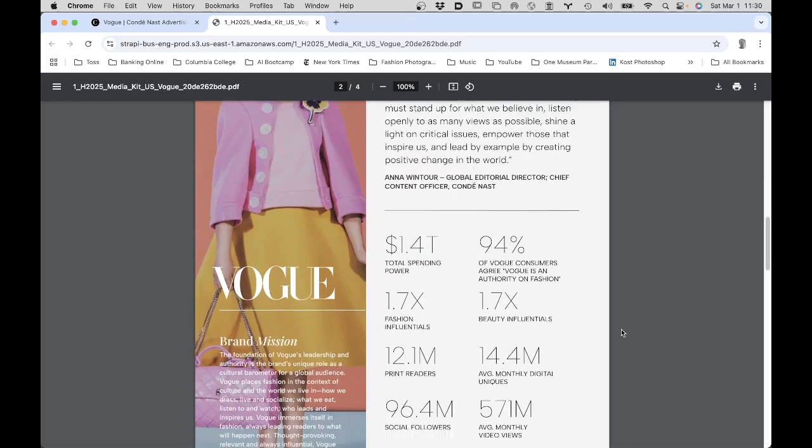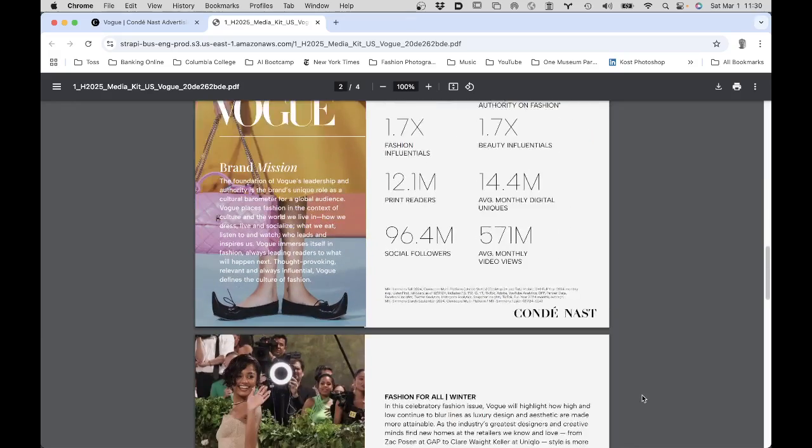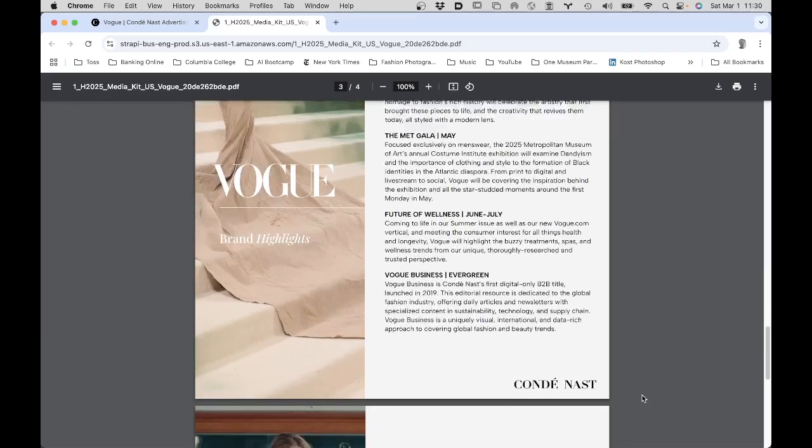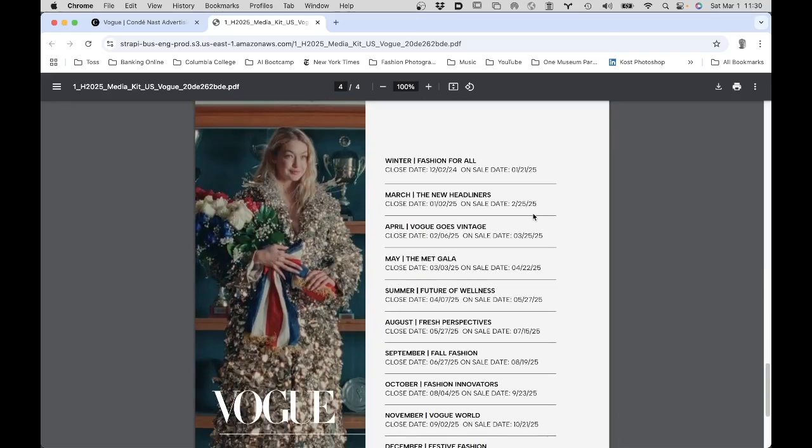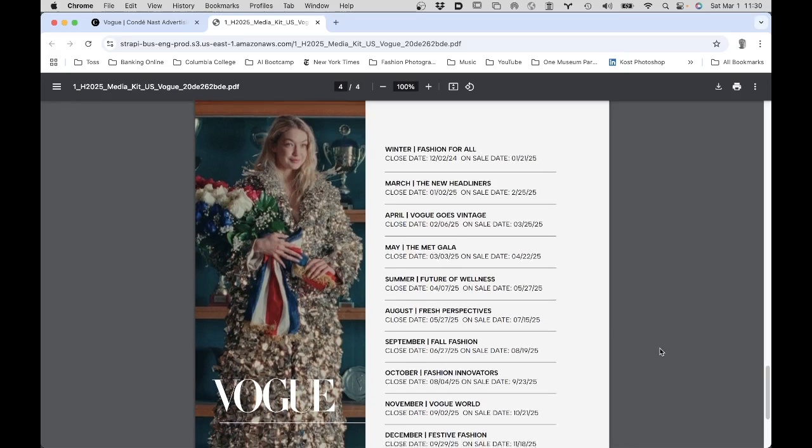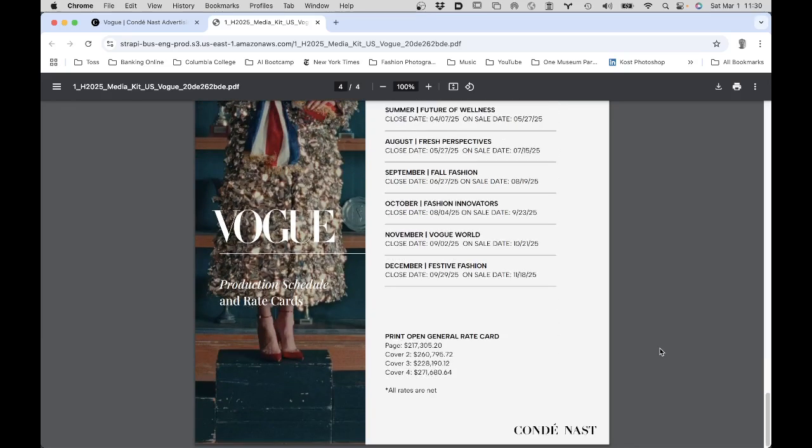They still talk about this again, giving you their stats about, we're this, that, and the other, blah, blah, blah. This is their closing dates for fall issue. Again, these would be the closing dates for all of this. When April closes, when May, all of the closing dates. This is their general rate card,